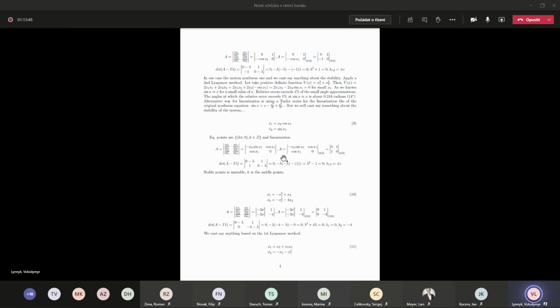We make the linearization at 0, 0, which is equal to this matrix 0, 1, 1, 0, and when we find the determinant, lambda squared minus 1 equal to 0, and lambda 1, 2 equal to plus minus j, and this origin is unstable because